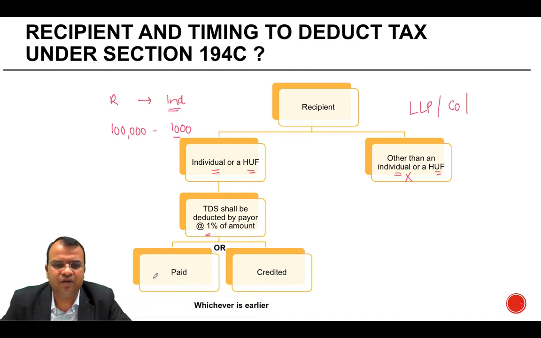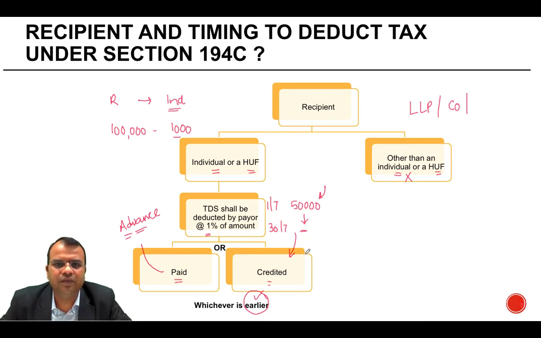And when would the TDS be deducted? It would be deducted at the time of payment or credit, whichever is earlier. So if you give an advance without the amount actually becoming due, then at the time of making the advance, you have to deduct TDS. If you receive the invoice and credit the account of the party or even a suspense account, you have to deduct TDS. The earlier of two has to be considered, and the same amount cannot be considered twice for deduction. What I mean is, suppose you receive an invoice of 50,000 on, let's say, 1st July. You make the payment on 30th July for this amount. If you have deducted the TDS at the time of credit,